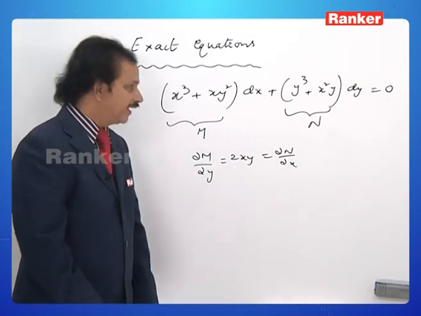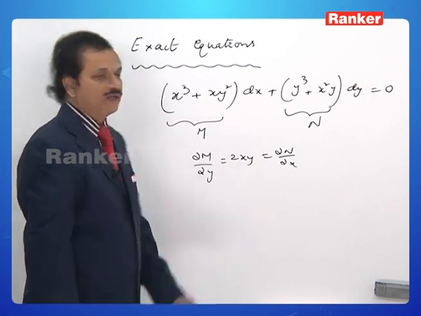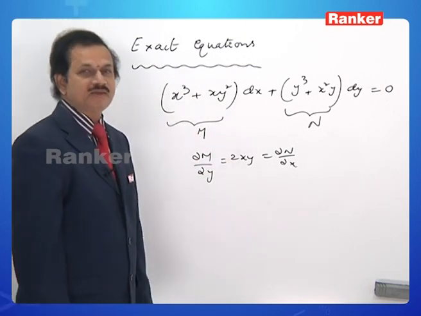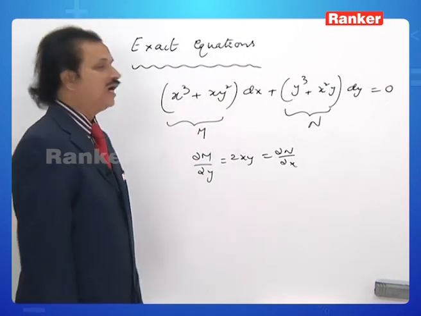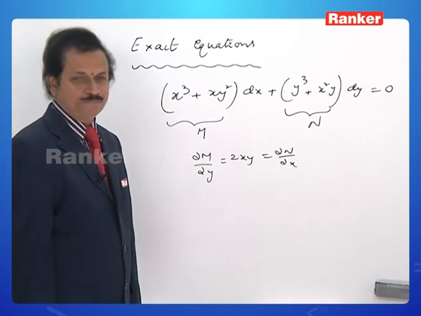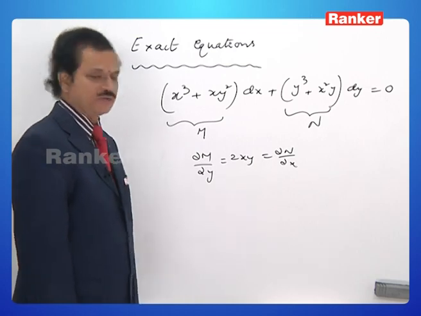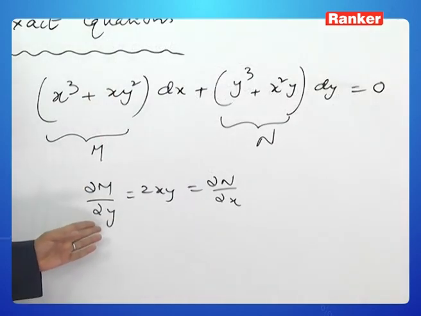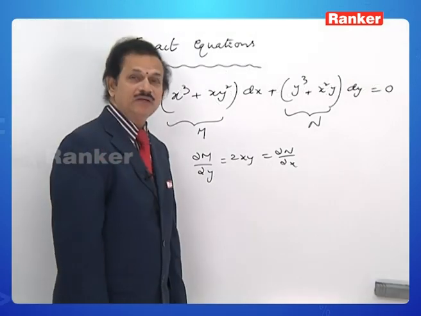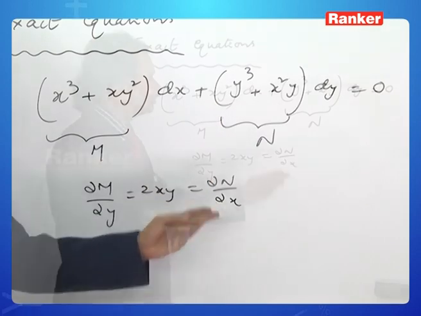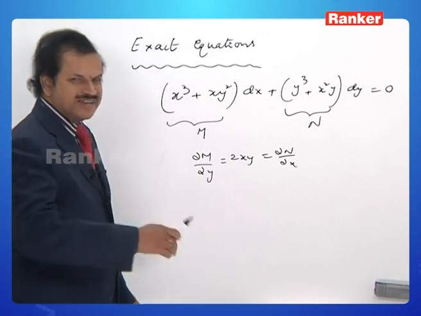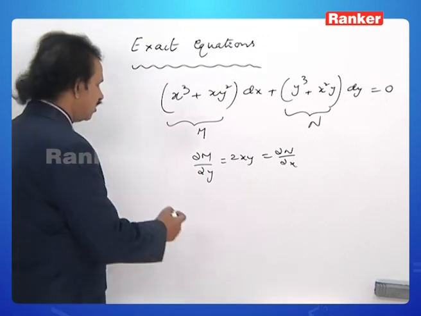Coming to the point again, let us start from the beginning. This is the given equation. This looks like M dx plus N dy is equal to 0. And we would like to test whether this is exact or not. Let us try to get dou M by dou y. It is 2xy. Absolutely in a similar manner, dou N by dou x is also 2xy. And these are equal. Therefore, the next immediate step is the solution: